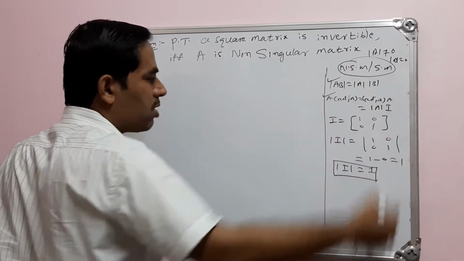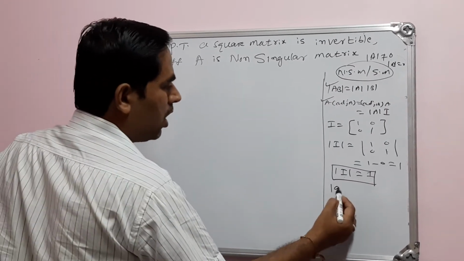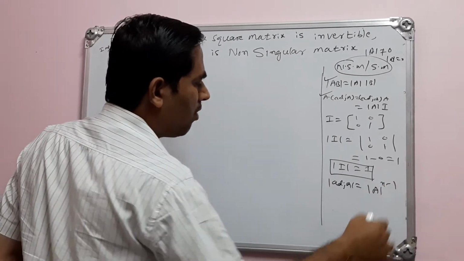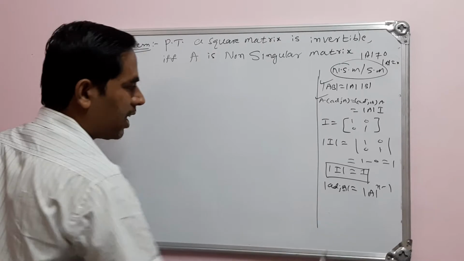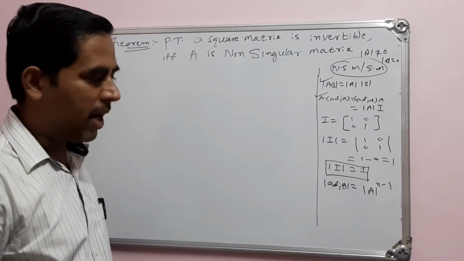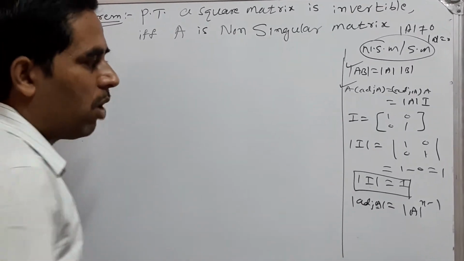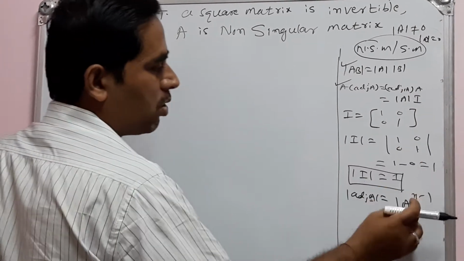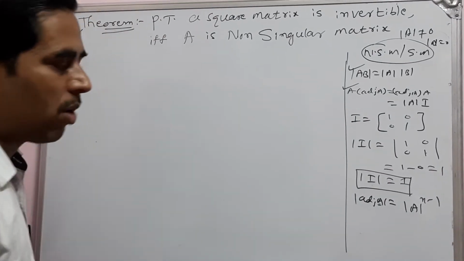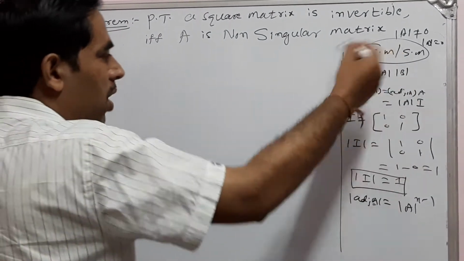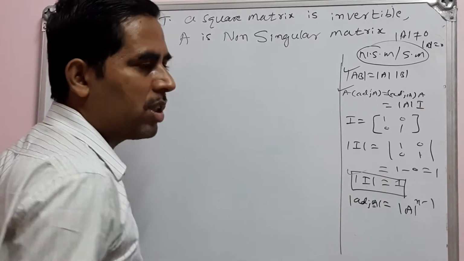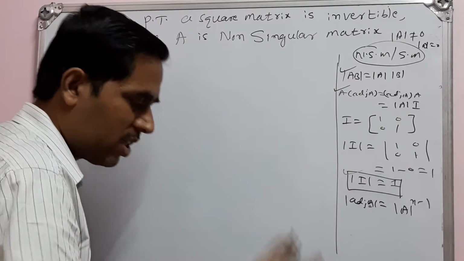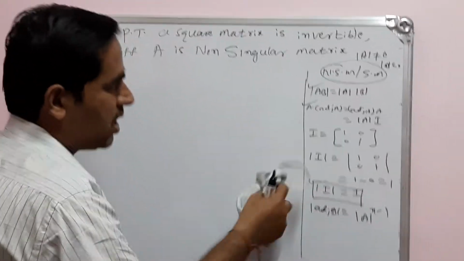Then, including these points, we have worked out that determinant of adjoint A is equal to determinant of A whole to the power of n minus 1. If A is a square matrix of order n, then the determinant of adjoint A is the determinant of A whole to the power n minus 1, the power being 1 less. And remember, determinant of the identity matrix is equal to 1. We have revised all these points in our previous classes.